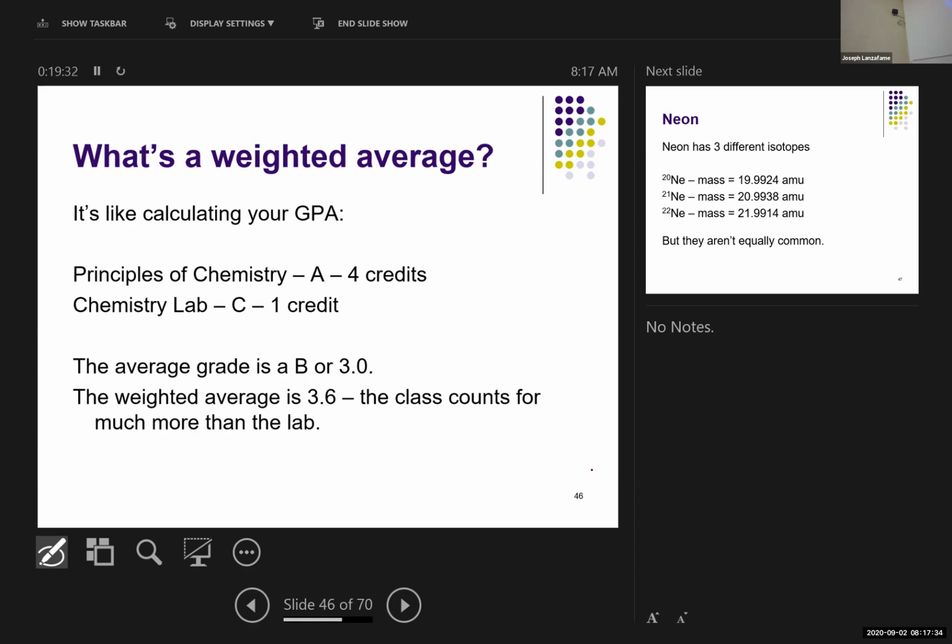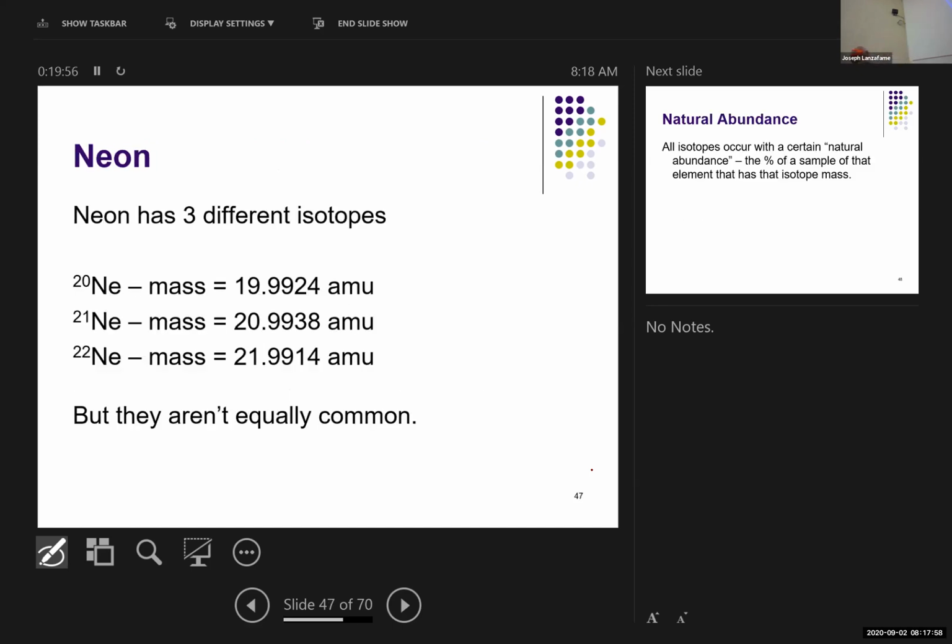In terms of GPA, courses count differently. So if you're taking, well, this is an old slide. We're not 4 credits anymore. But if your chemistry lecture is 4 credits and your chemistry lab is 1 credit, when you go to calculate your GPA, the 4 credit hour course has a lot more impact than the 1 credit hour course. And so if you take an atom like neon, which has 3 isotopes,